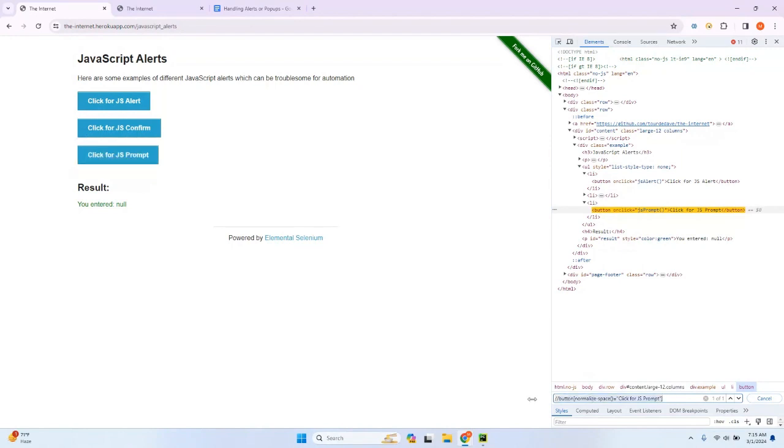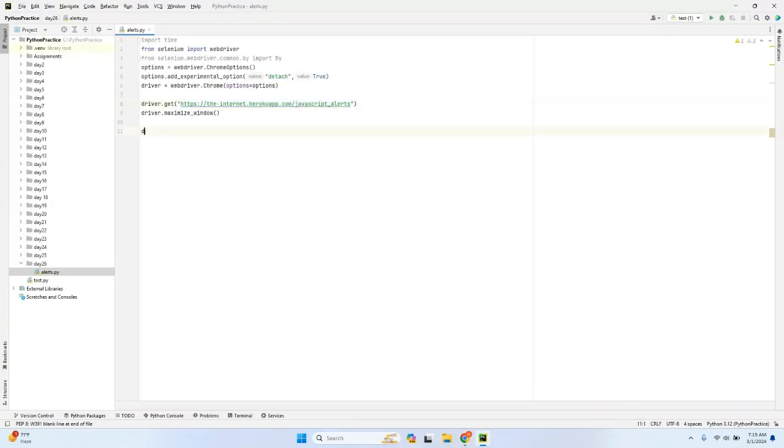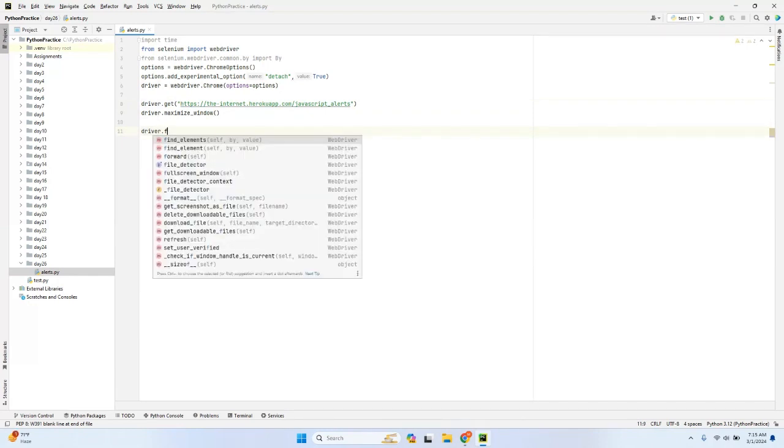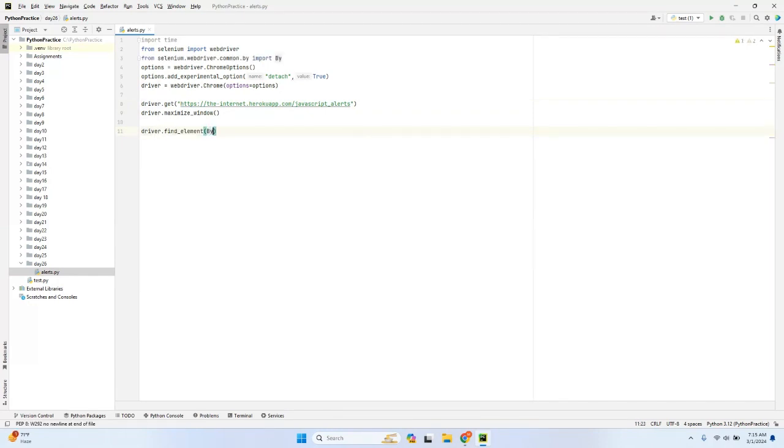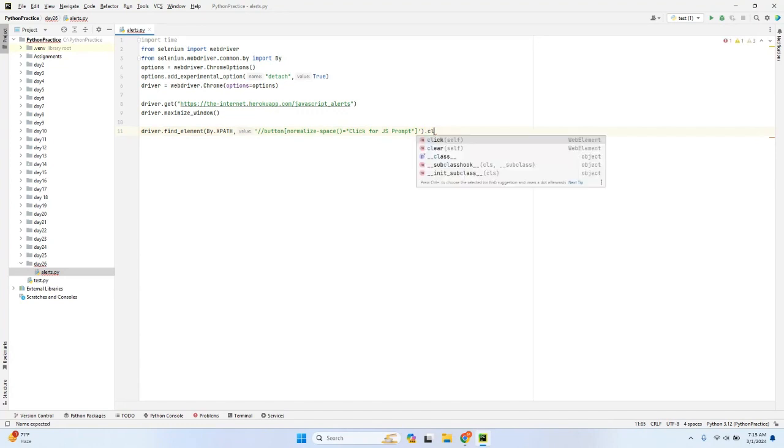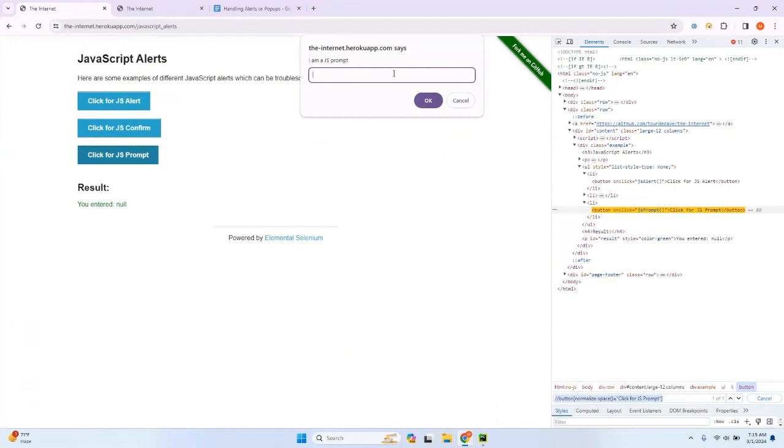After performing this identification of this particular button or the element, I need to perform the click action on this element. driver.findElement, not findElements, By.xpath, and you need to use this particular locator which you identified for that button. After finding that particular element, you need to perform the click action. Then after performing the click action, you will get this alert. So in order to handle this particular alert, whether you click OK or cancel, nothing but dismiss or accept or the text,